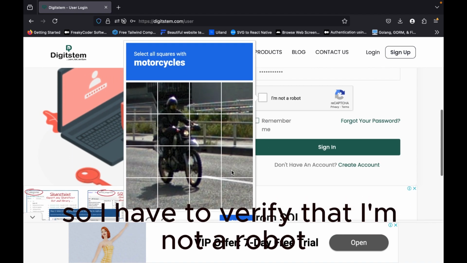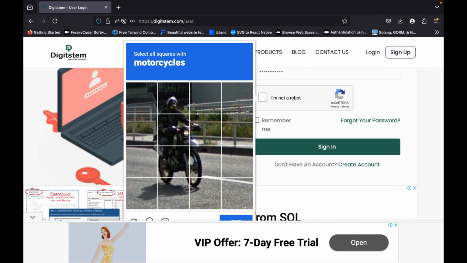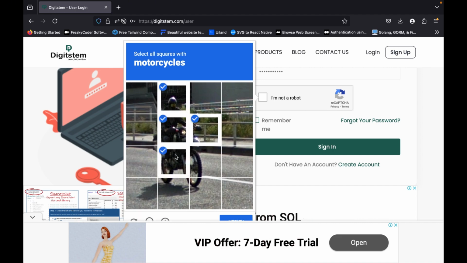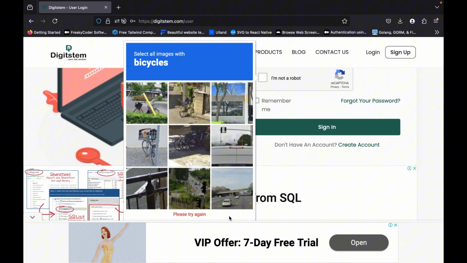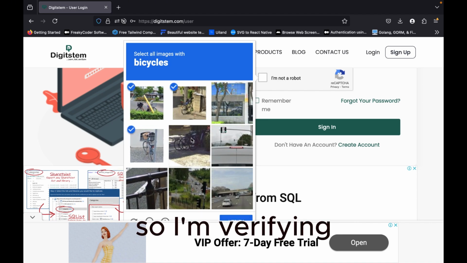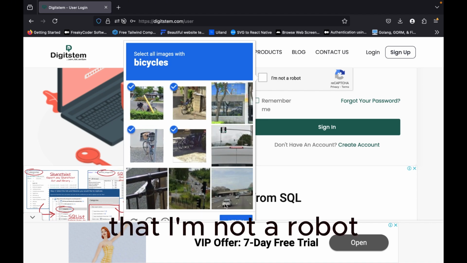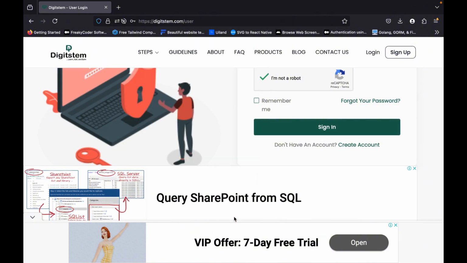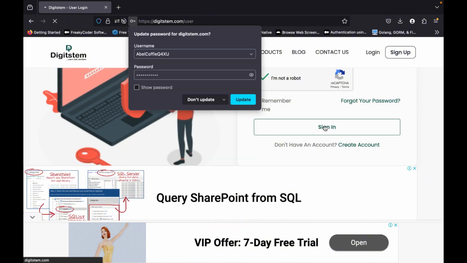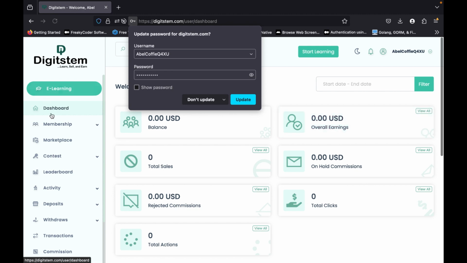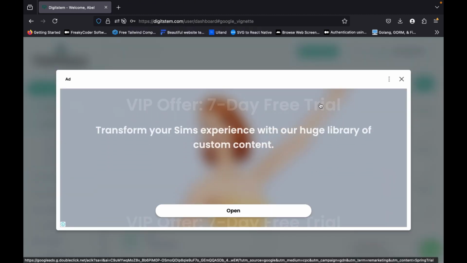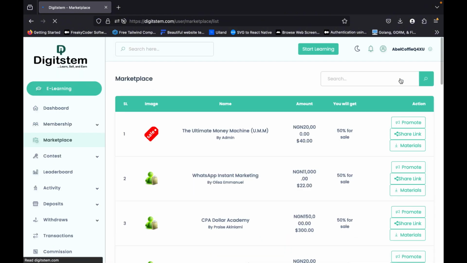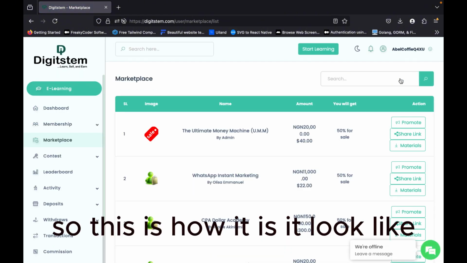So I have to verify that I'm not a robot. Then I'll sign in. So this is how it looks like.